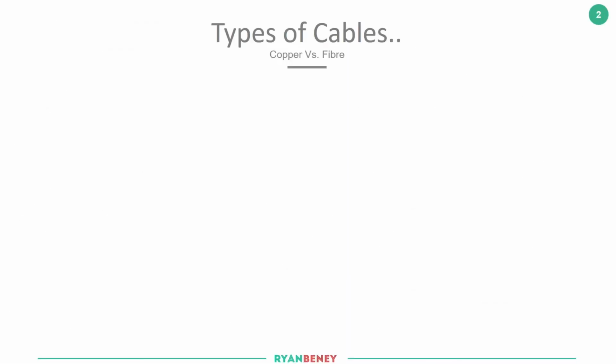Okay, so first let's have a discussion around copper and fibre, the differences between them, and understand some of the reasons why we might want to use one over the other. First, let's talk about copper. Copper itself uses electrical signals to communicate with one another. So if we imagine that we have two PCs,